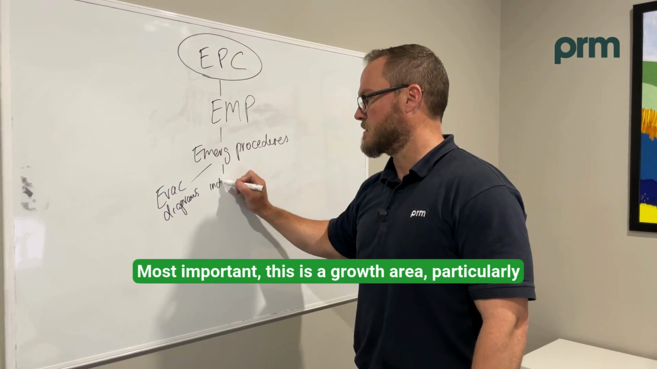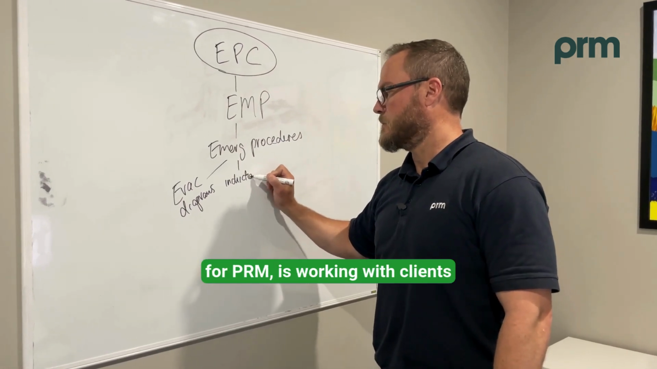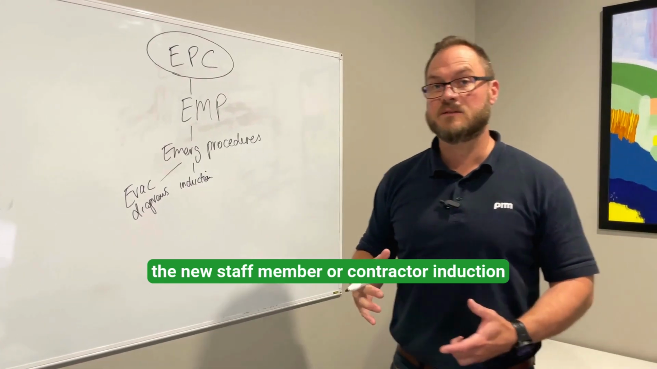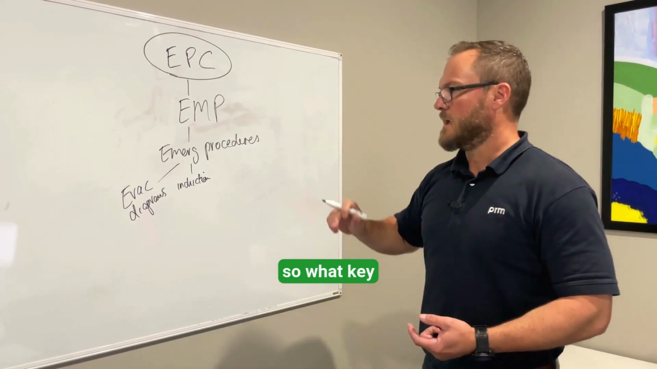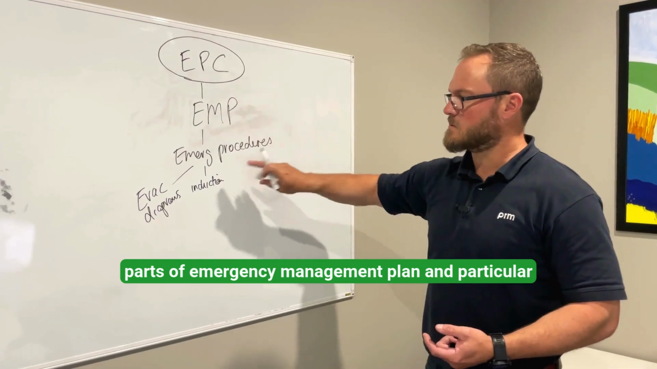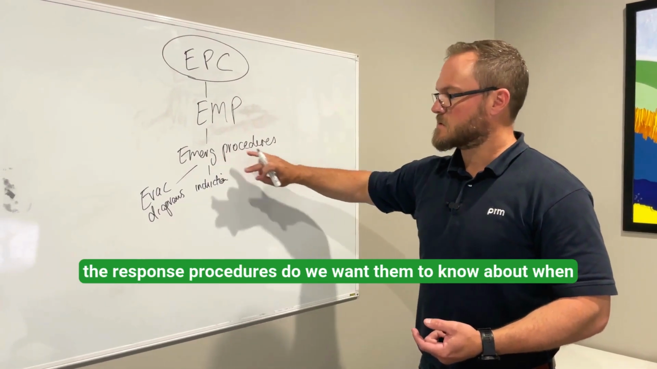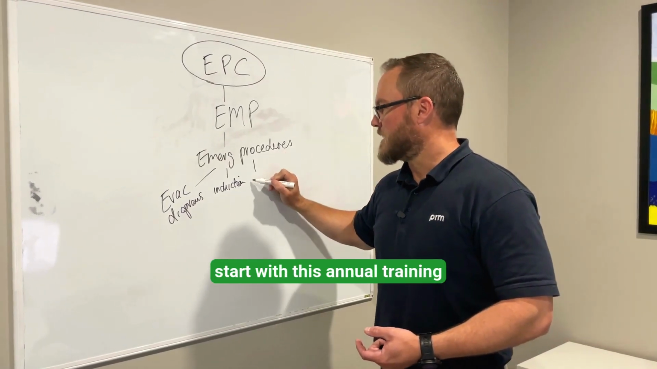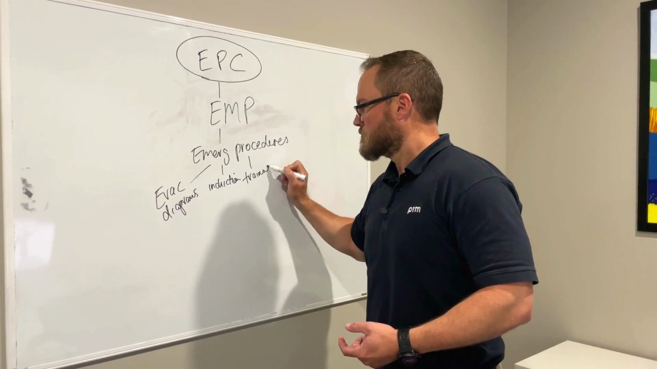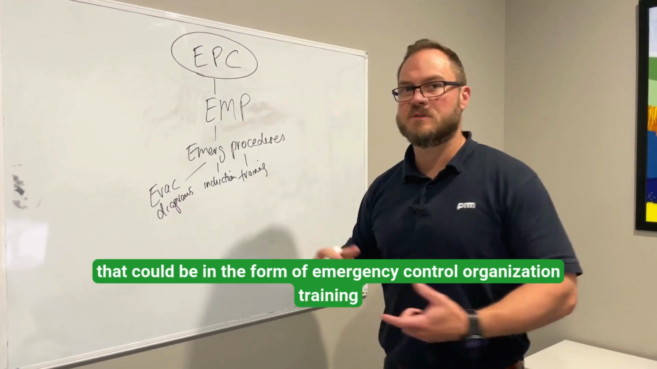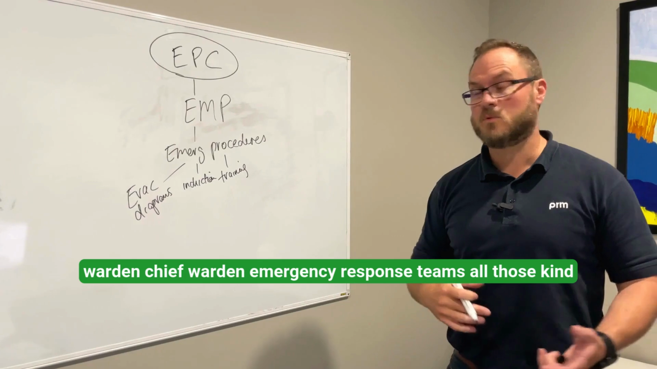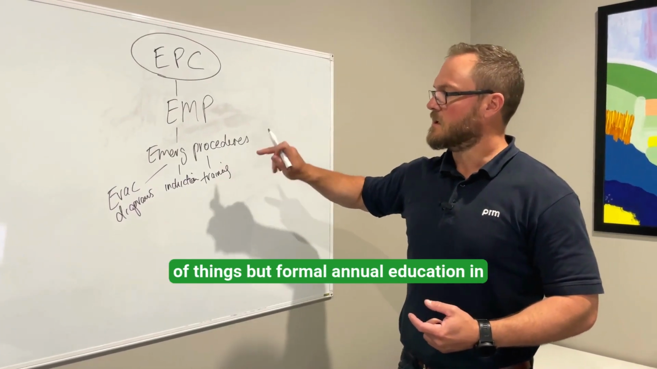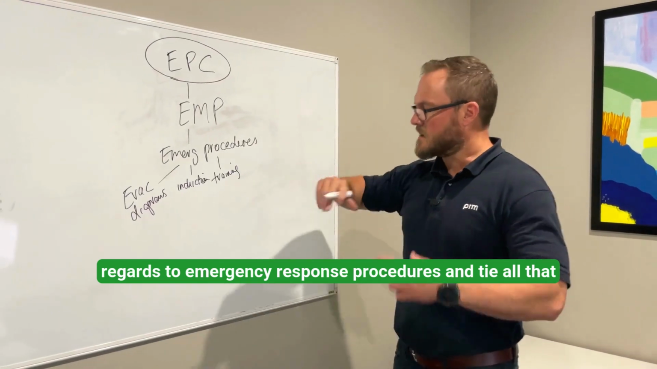Most important, this is a growth area, particularly for PRM, is working with clients on developing the new staff member or contractor induction. So what key parts of the emergency management plan, and in particular the response procedures, do we want them to know about when they start with this? Annual training. And that could be in the form of emergency control organisation training, warden, chief warden, emergency response teams, all those kind of things. But formal annual education in regards to the emergency response procedures,